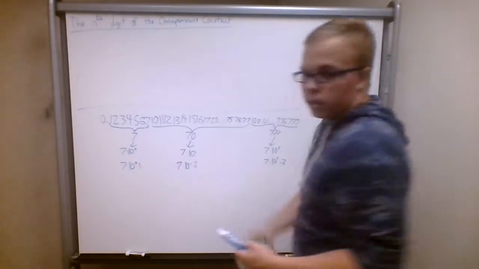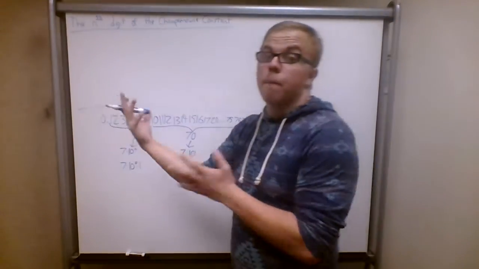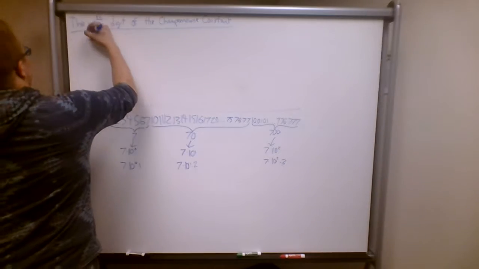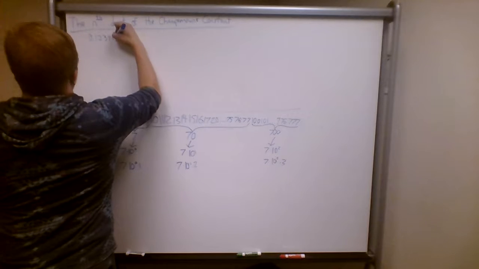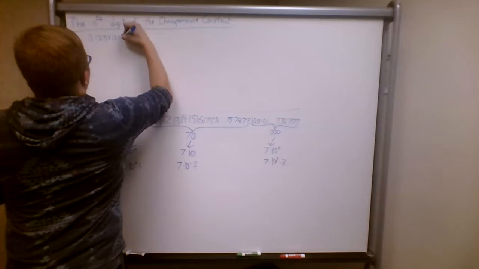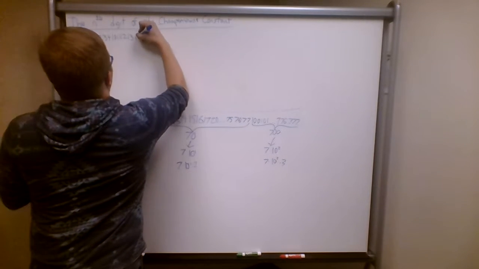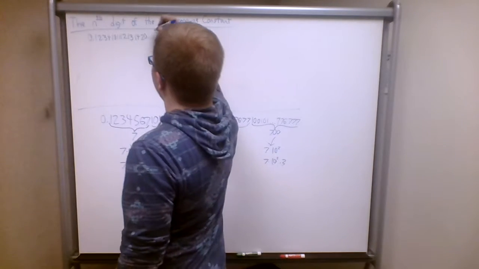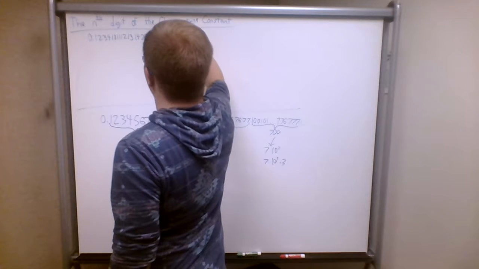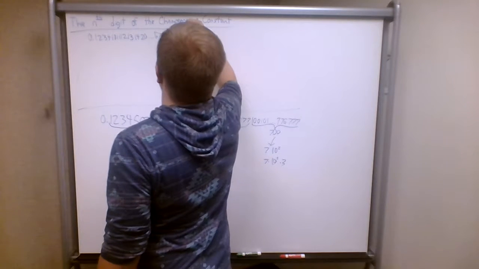Get rid of that real quick. So let's go ahead and look. Say we were in base 5. Let's do base 5 here real quick. So we have 0, 1, 2, 3, 4, and then it's 10, 11, 12, 13, 14, 20... You get the picture. Then it goes 53, 54, 55,